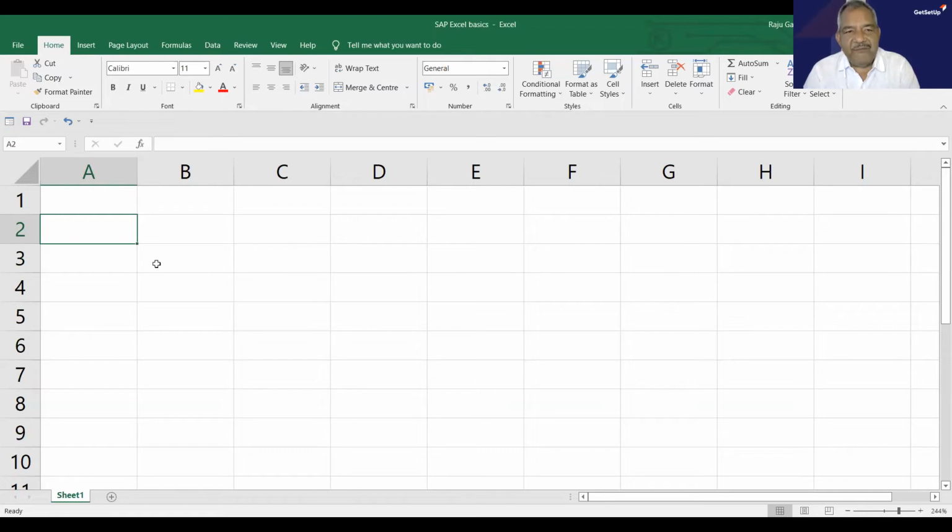Now, when we place our cursor on any cell, like for example, in C, I am placing it at